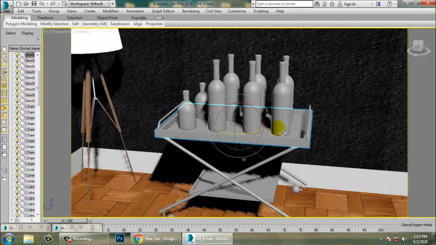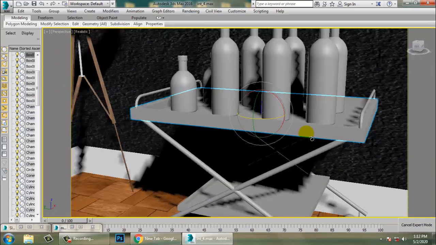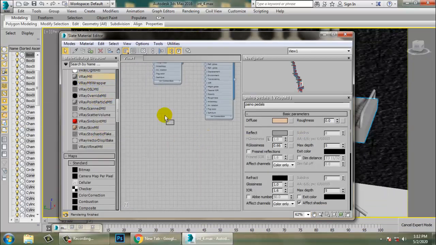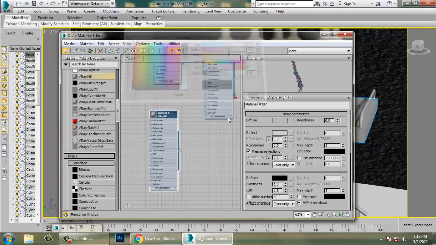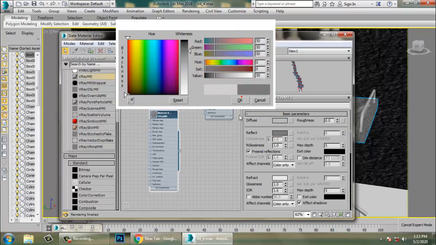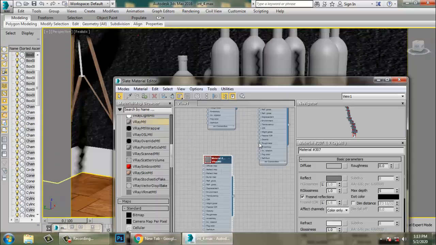So very first of all, let's select this tray over here and let's give a V-Ray material and let's give a glass texture over here. Assign it. I need a bit of reflection and refraction. So reflection should be very less, refraction should be more over here. If you want, I can increase the IOR of the glass, that's your index of refraction for the thickness of the glass. I can go with that over here.